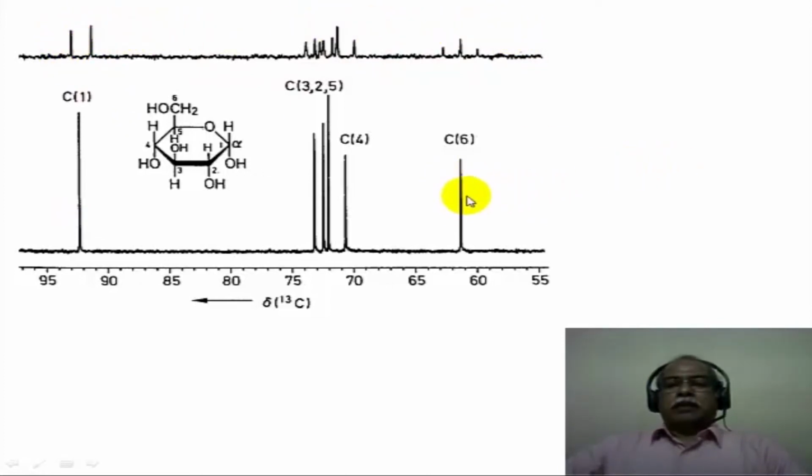When a carbon signal is split into a triplet, as in the case of the CH2OH, for example, you can see the intensity of the signal goes down considerably because this intensity is split essentially into a triplet. So the intensity of each of these peaks in the triplet is much lower than the intensity that one sees in the bottom spectrum.